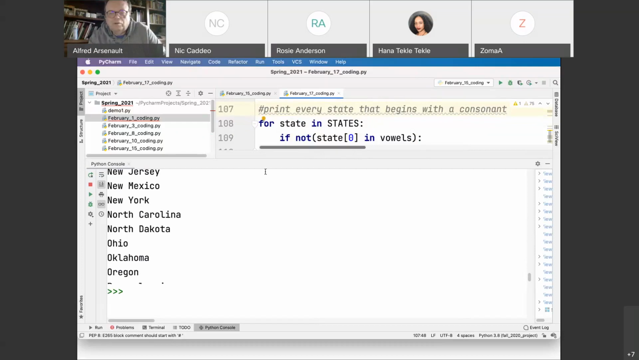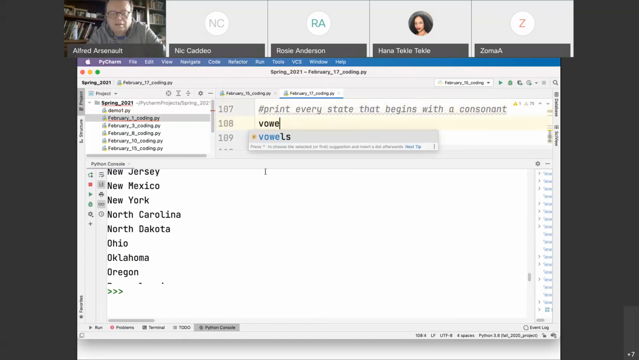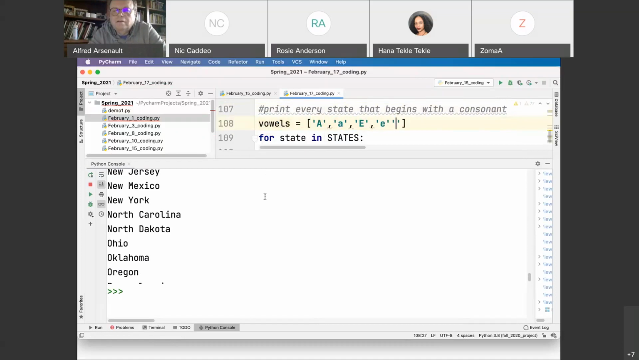I'm going to redefine vowels to be the list of uppercase A, lowercase a, uppercase E, lowercase e, uppercase I, lowercase i, uppercase O, lowercase o, uppercase U, lowercase u, and then